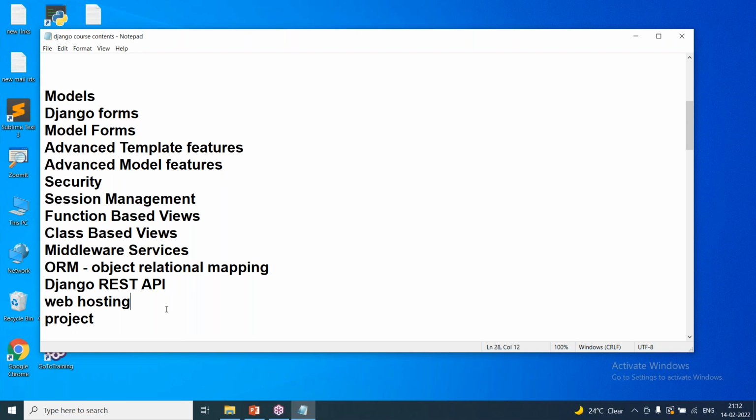So while working with the project, you'll understand in real time how projects are developed, how the hosting is done. All these we'll discuss. So to learn Django, the prerequisite is the student should know Python. If a student knows at least core Python, then the student can follow the classes, because